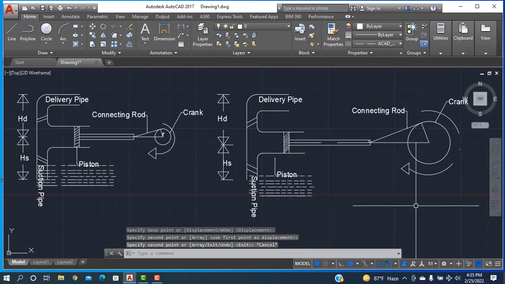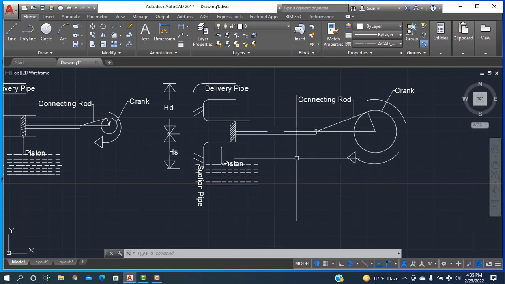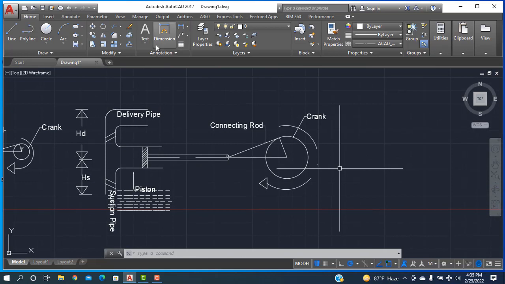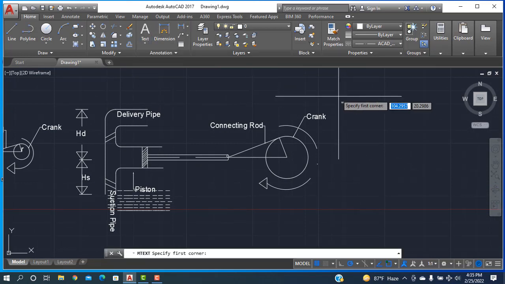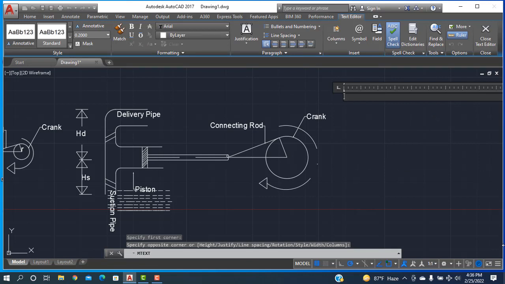Now see. I think everybody got it, how to sketch a single acting reciprocating pump. And I can also write the equations. Now I'm going to the text, multi text is selected, sketch here, and I'm taking this one as the Q. I mean the flow rate Q is equal to L, A and L divided by 60, and I'm taking the